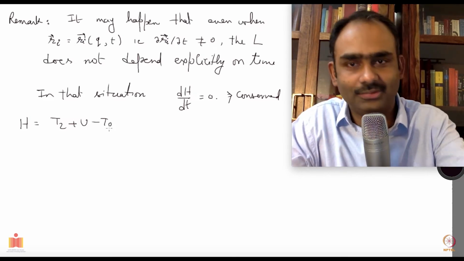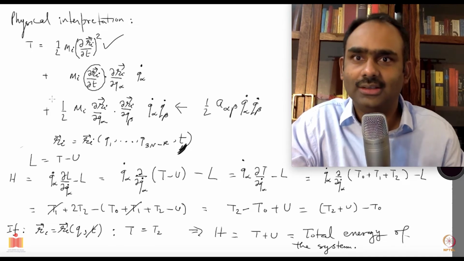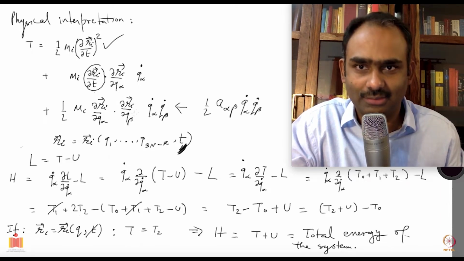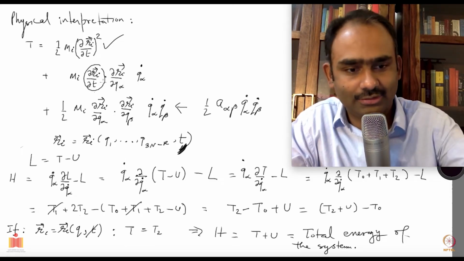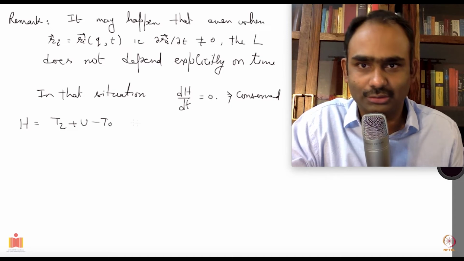in this transformation law. Let's see, I think we can see here. Yeah, here you see all these terms were generated because of explicit time dependence. This one here, this one here, and this was anyway the only one which is independent of time derivatives of r. So you see, in that case, this is not equal to total energy.